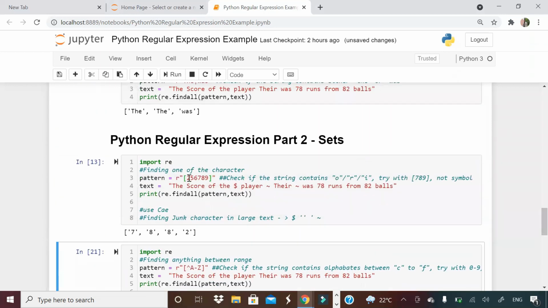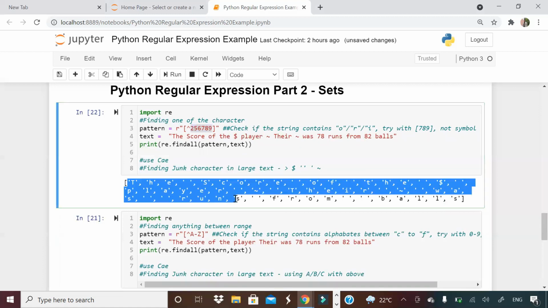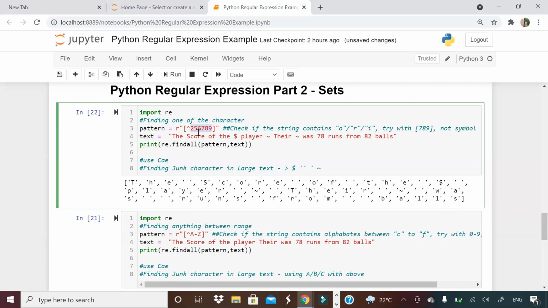So all these things with not will work, guys. For example, if I say 25689 and give a not here, that will also work, meaning everything that is not among 25689. That is how these two things work. First is any of these characters, which you can use with or without not. Second is in between that range. These two things are important, guys. Please try to understand it. Then I will show you in the next video how to use this in the real world.